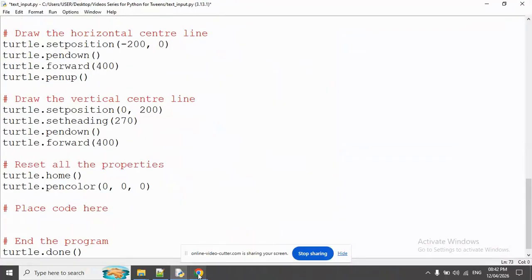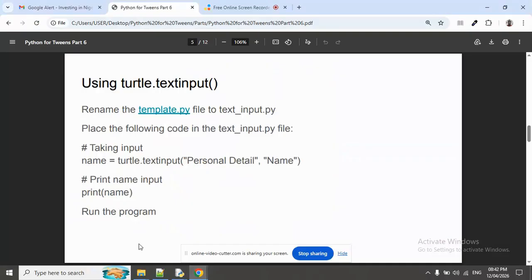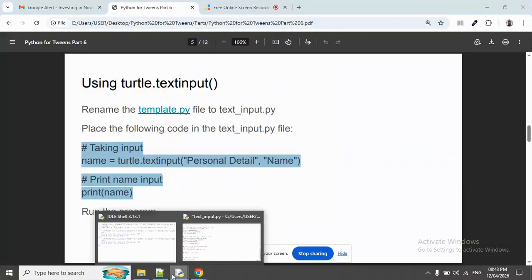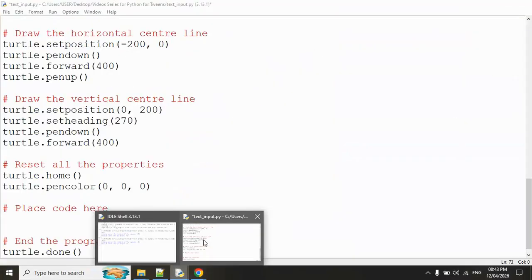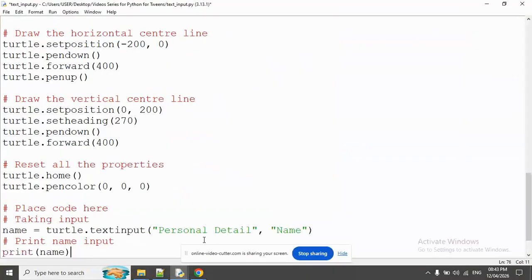So what we're going to do now is we're going to take the input from the user and then print out the name to the console, and then watch how this works. So taking input, print the username. So when we run it,